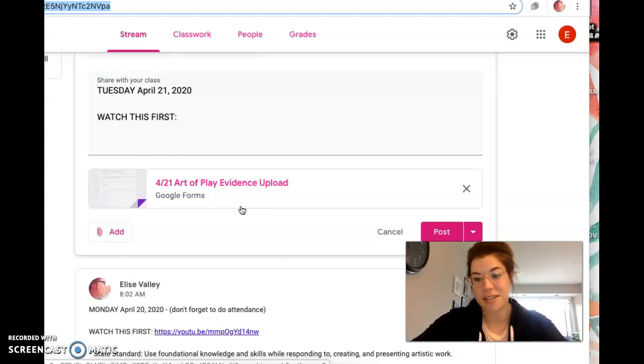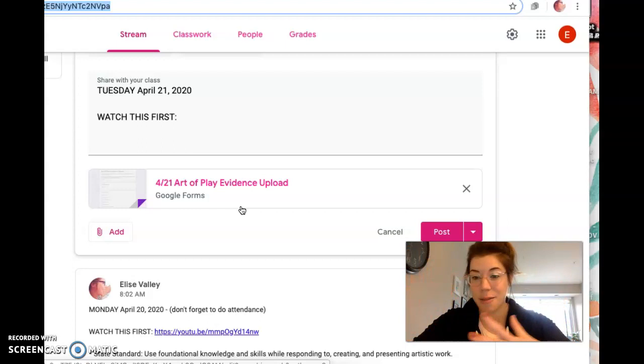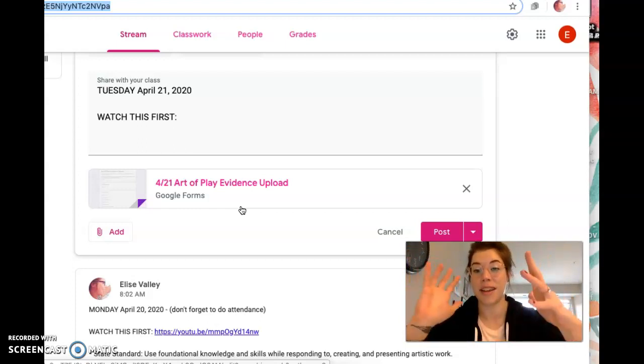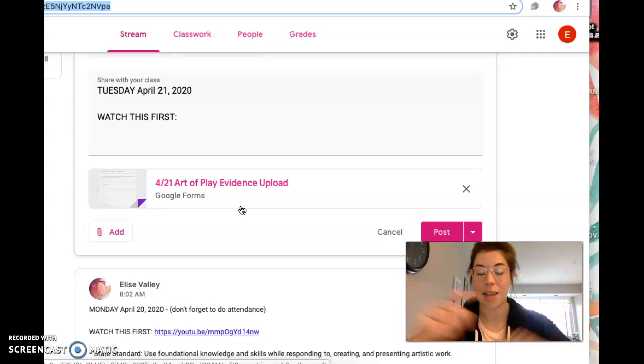For instance, it's really hard for me to understand what you did if you just send me a photograph of a cookie or just a photograph of a croissant roll. So I want to see the process, from the beginning, middle, and end of making something, creating something, building something. So I know that you made it in this present time.